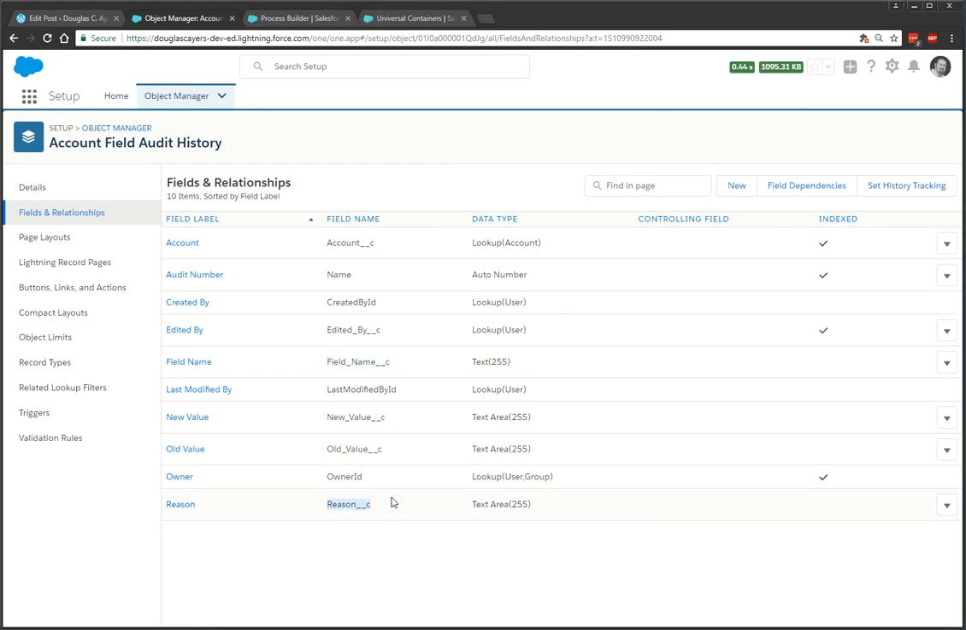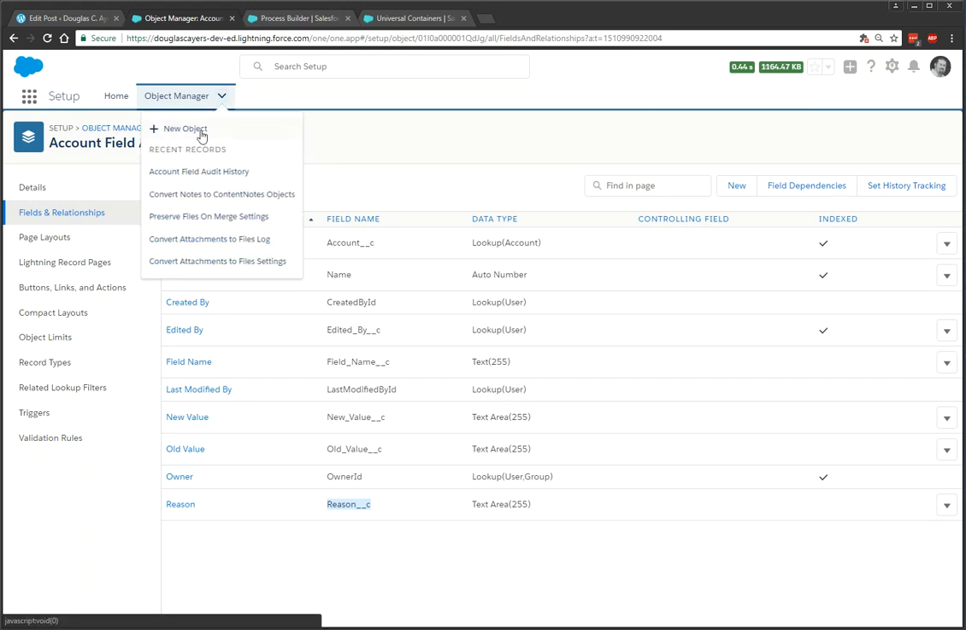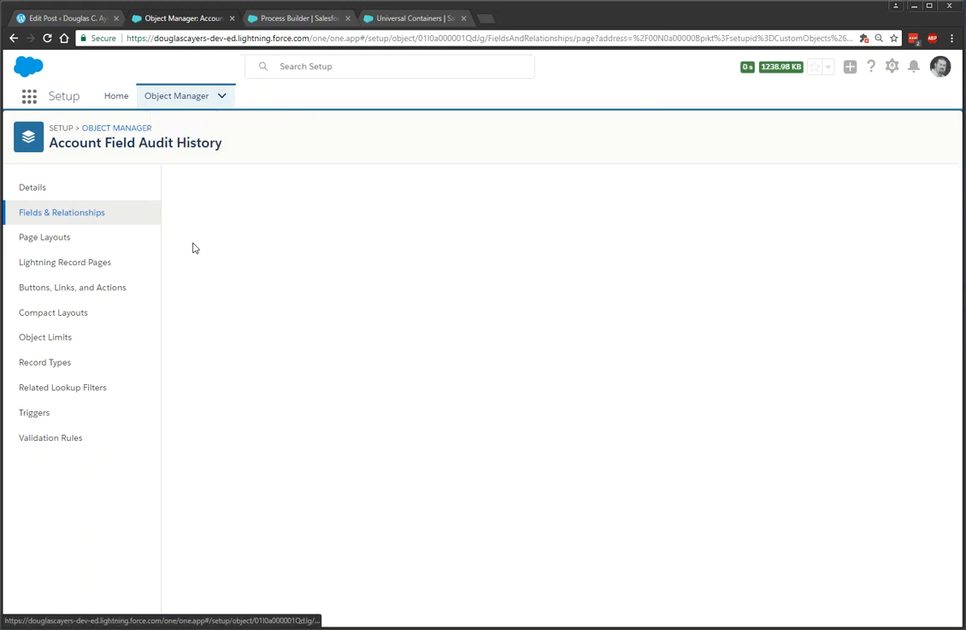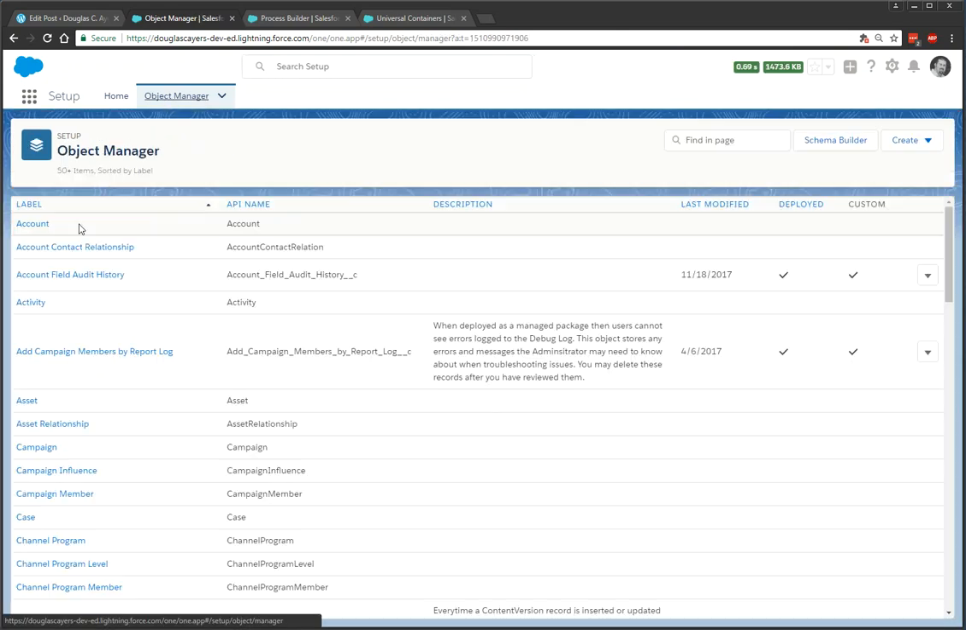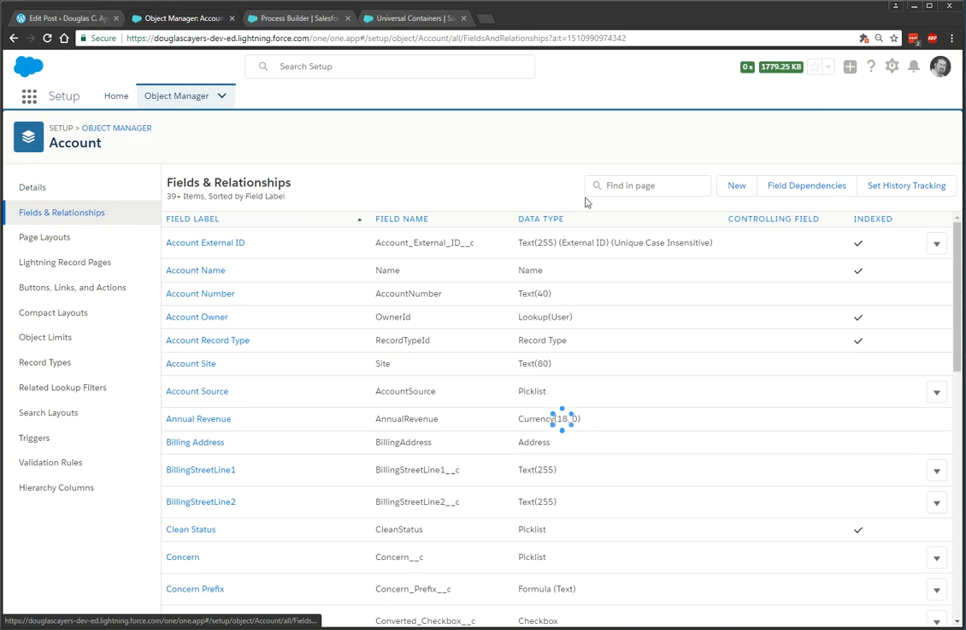Now remember, how are we going to get the reason? Whenever a user is making an edit to a record, they might be changing 3, 4, 5 different fields at a time, and we don't want the users to have to know about this audit history object. So how are we going to make this simple and easy for the user? So going back to our account object,